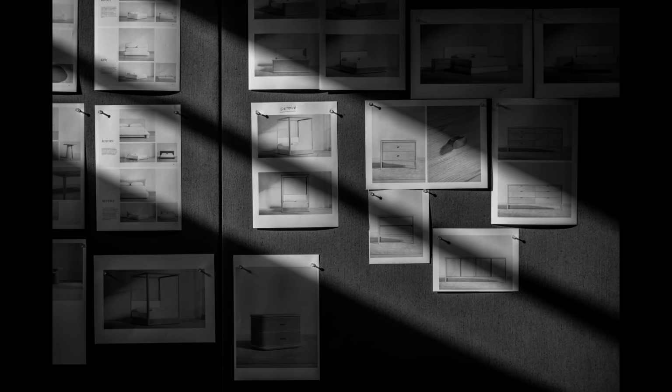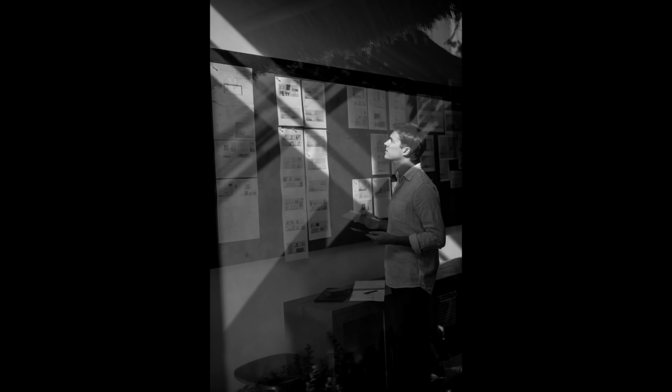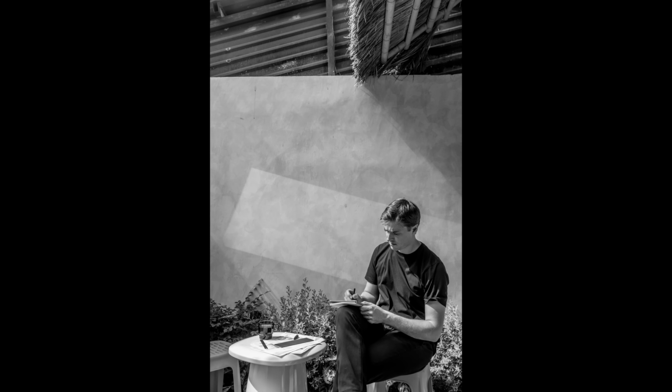We moved around a couple things just so he fit nicely within the composition, but I had a bunch of his design sketches on there. I had him play around with looking at the sketches. And so we shot outside to get him warmed up. I did get some usable shots on the outside, but really once that light came through the inside,